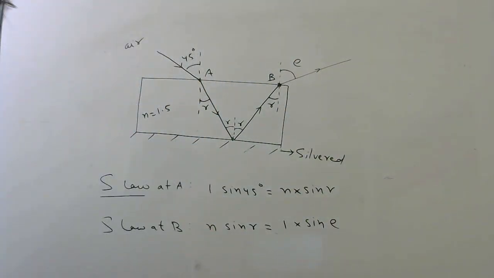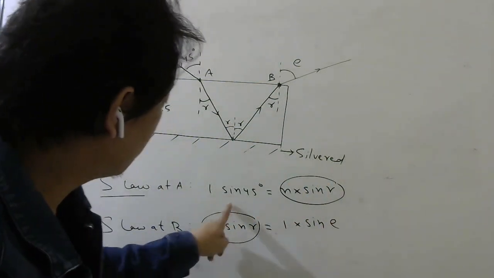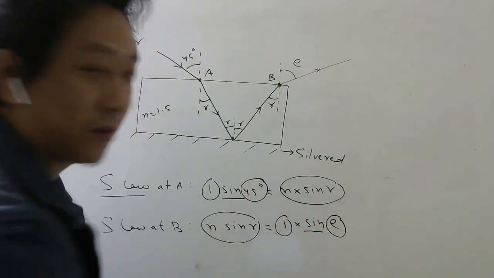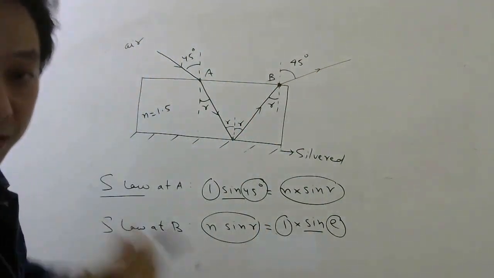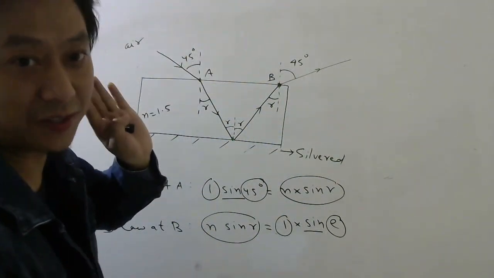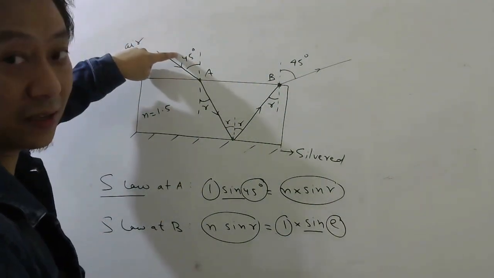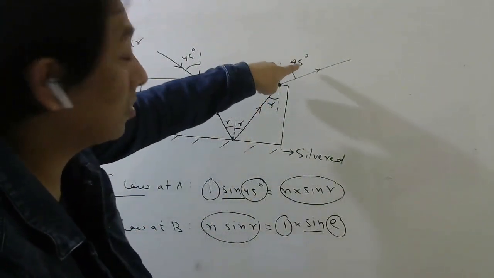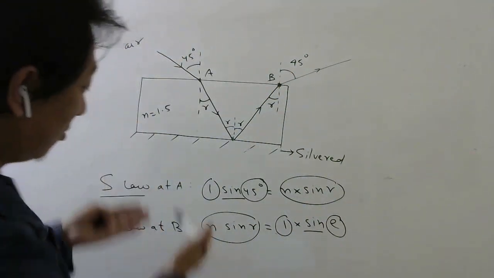So now if you compare, you see this side, this and this are same. So you can equate these two, but this is 1, this is 1, this is sine, this is sine. So E must be 45. Correct? But no need to waste time here. By symmetry, you should feel like that, because this is air to glass, glass to air. So the refractive index of these two and these two are same. Then this is i, this is r. Now here this r becomes i. So the r here must be i here.